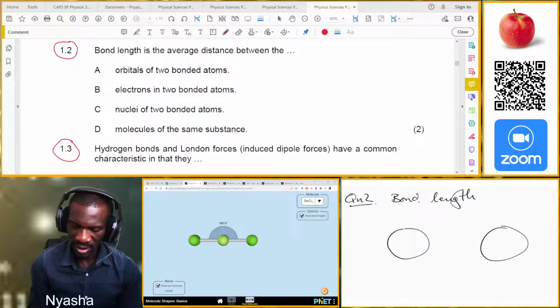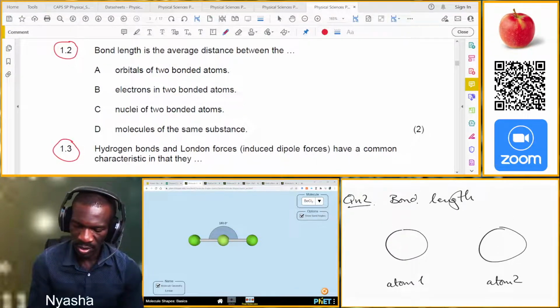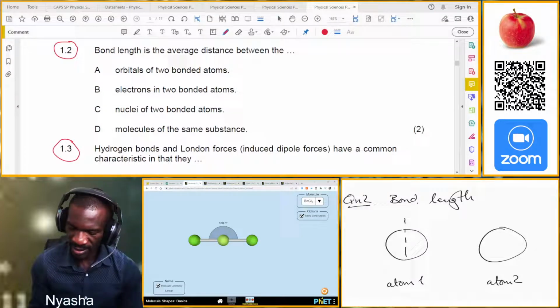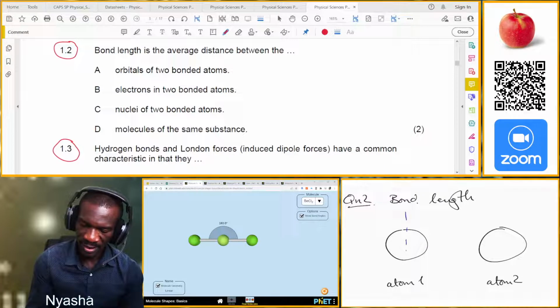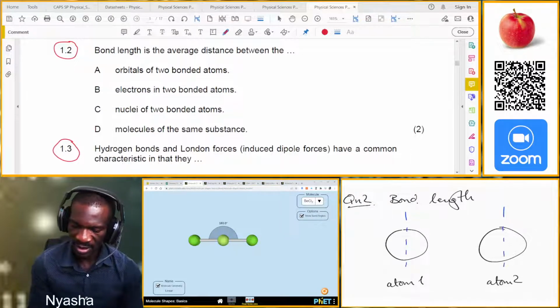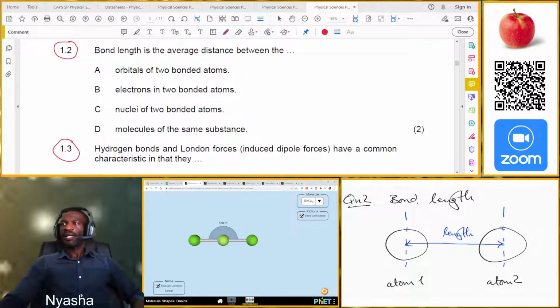this would be, let's call it nuclei of atom 1. So that is atom 1 and then atom 2. So obviously the nuclei are exactly in the center. I'll try to approximate that. And then our bond length is measured from this nuclei to the nuclei. That becomes our bond length. Okay, so our selection for this one would be between the nuclei of the bonded atoms,